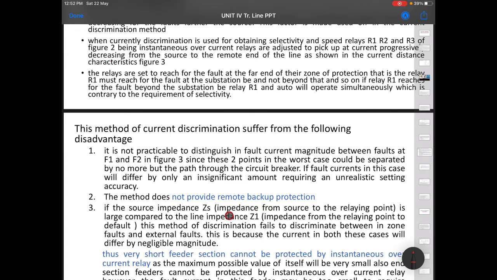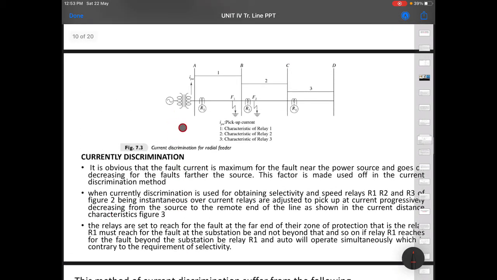There is one more problem here. What is ZS? ZS is the impedance from source to the relay, and Z1 is the impedance from relay to fault point. Generally ZS is high because it includes windings of transformers, generators and so on, so it is too high compared to Z1.